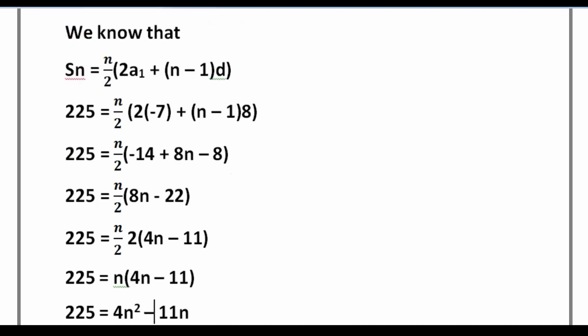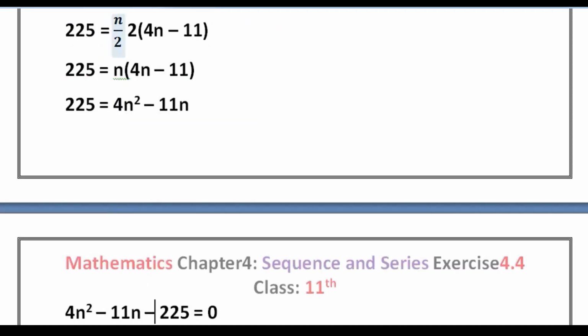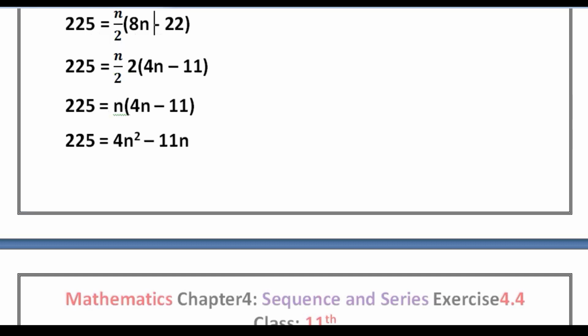225 is equal to n divided by 2, taking common 2 into 2: 4 times 8 is 4n minus 2 times 11 is 22. So 2 cancels. 225 is equal to n into (4n minus 11). n multiplied by 4n is 4n square, minus n multiplied by 11 is 11n. So next,